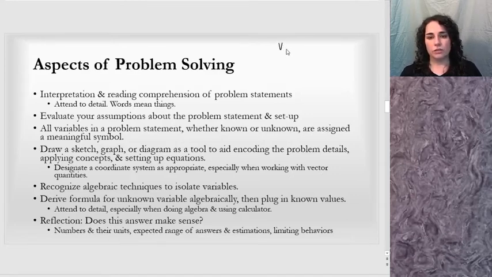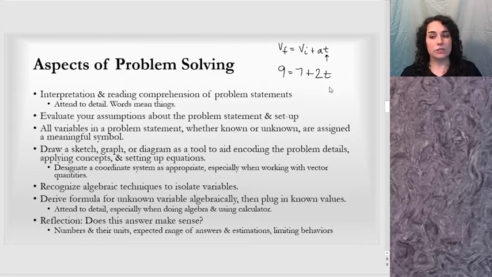Let's say I want to say the final velocity equals the initial velocity plus acceleration times time. Let's say I want to solve for time. So I'd solve this equation for the t variable. For me, this is a pretty easy thing to do. Even though there's a lot of letters in here, I think of each of these as a concept and I move them around. For other people, it may be easier to see something like this